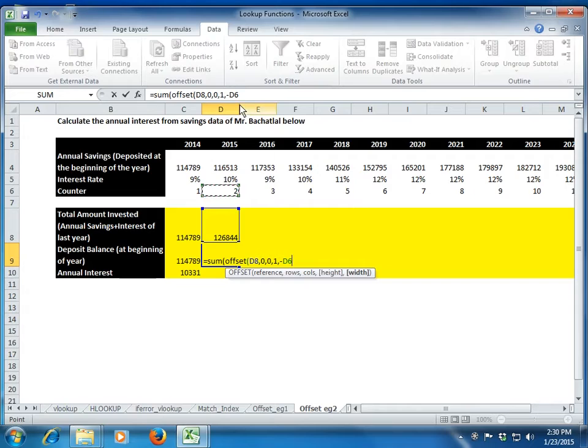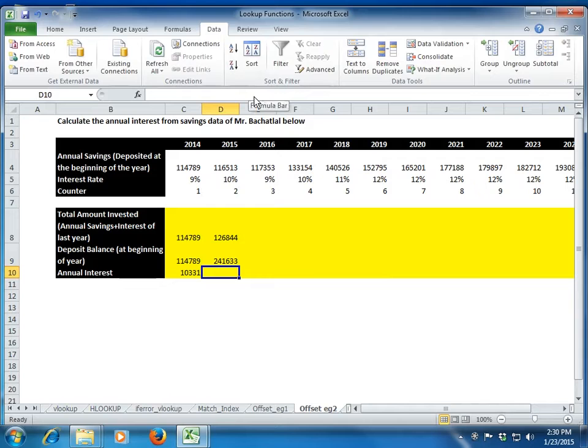Okay, so if I don't give minus, it will include 2 column, this column and the next column. But since I wanted to include this column and the previous column, I say minus D6 and I close the bracket. Clear? Again I close the bracket for the sum function and I get my sum. What is this sum? Nothing but the sum of this 2 here. Okay, you can see 241633. And on this amount, I will get my interest at the rate specified here.